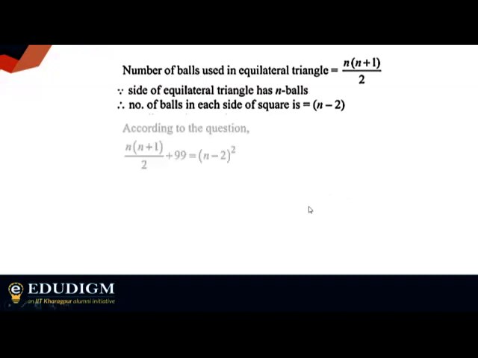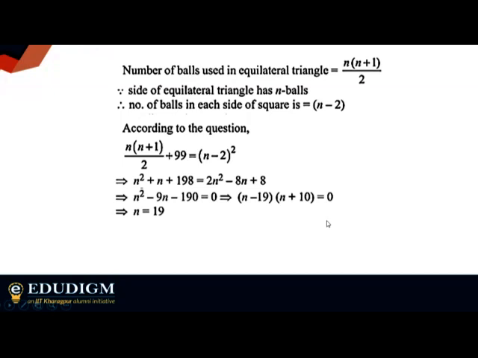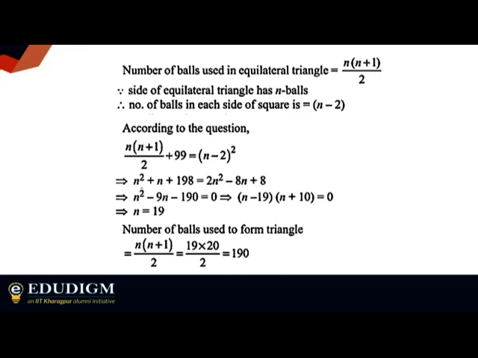Now, as you can understand, this is what we get according to the question. These are the number of balls we used for making the equilateral triangle, and this is for the squares. So you simply solve for n, and that's what you get. Now, always look at the question. I know it's pretty daunting because there's so much text, but just see what you're supposed to find out: the number of balls to form the equilateral triangle. So go back to the first line, put the values, and I'm sure you will get the answer.